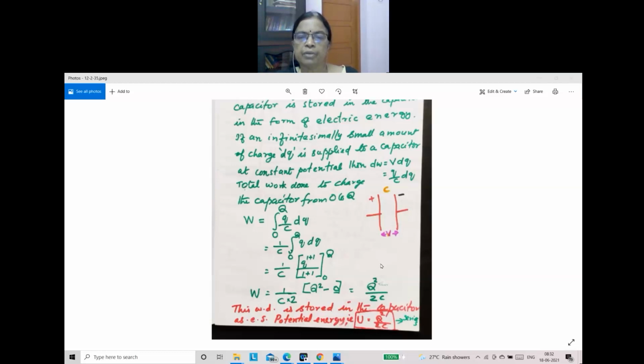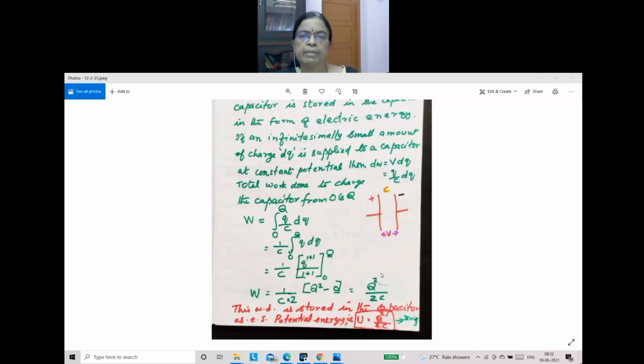The battery is providing the potential difference, children. So the battery has a positive and a negative terminal. When positive is connected to this plate, it becomes positive. Negative is connected to this plate, this becomes negative. So one is at higher potential, the other is at lower potential. There is a potential difference. So how will you apply potential difference? Just connect it to a battery.